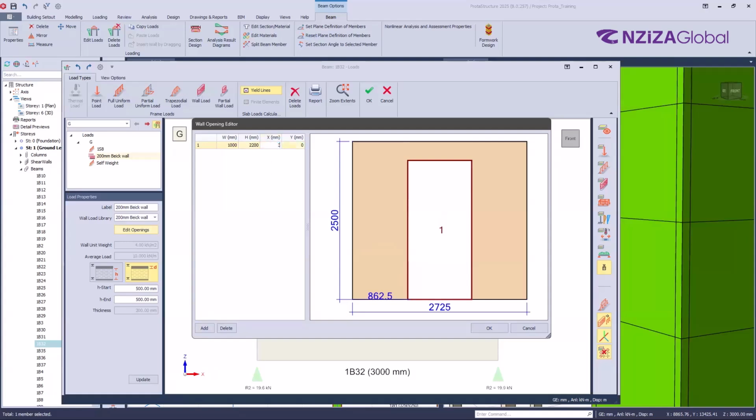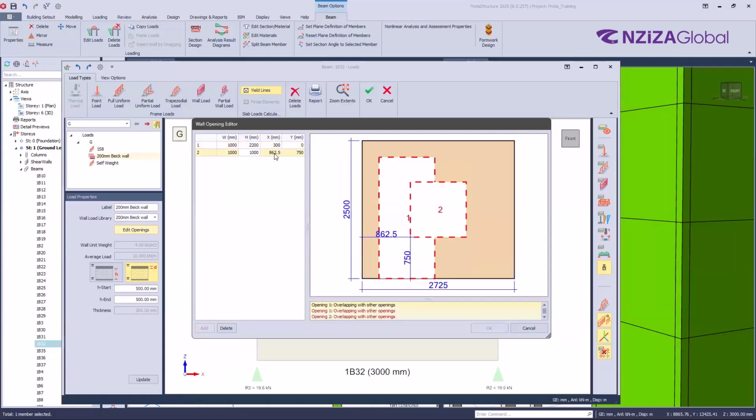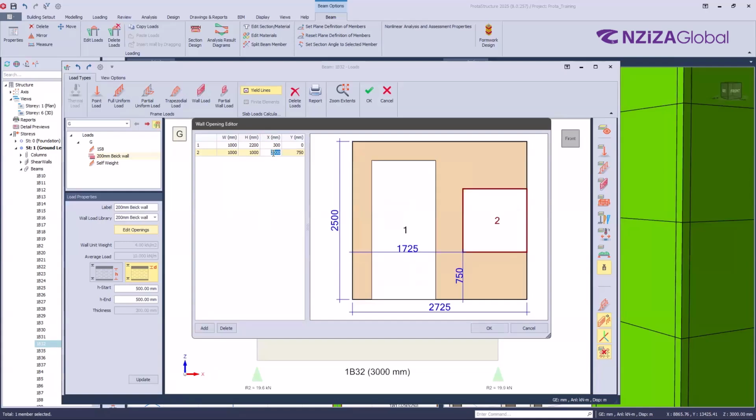Okay. Let's say you have something like this. You may have even a window. You may have a window like this, let's say. May have something like this, okay? Then in this case,